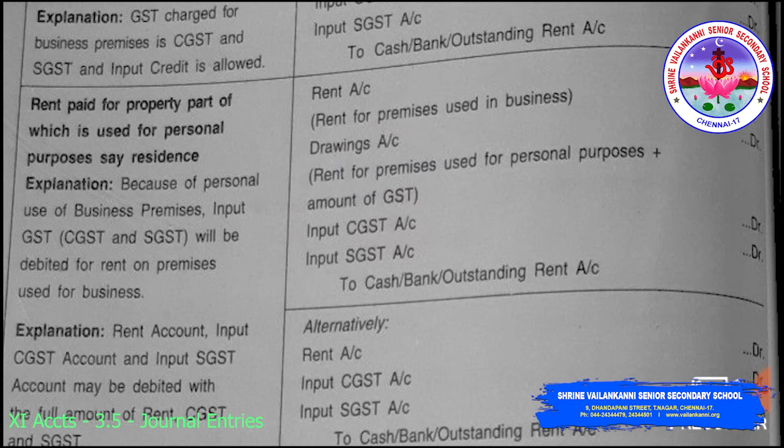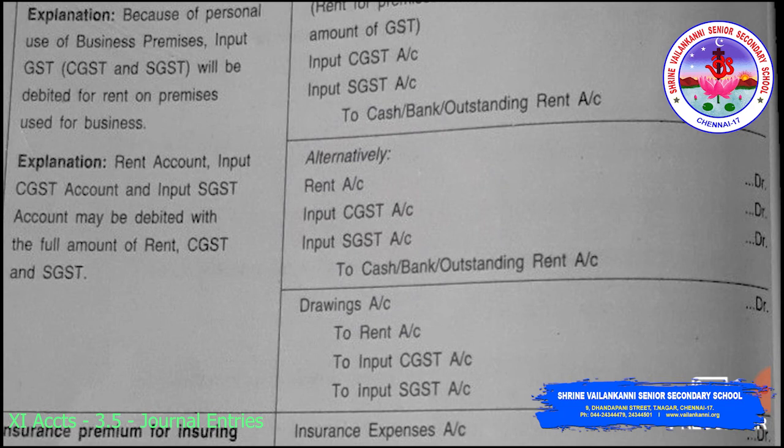Okay, you are paying rent, purchasing, you are paying something to the person whoever is selling goods or services to you. So whenever you pay from your pocket, it is input. When you receive from your customer, it is output. Okay, so you remember. Alternatively, you can also show this entry as rent account, input CGST and input SGST account